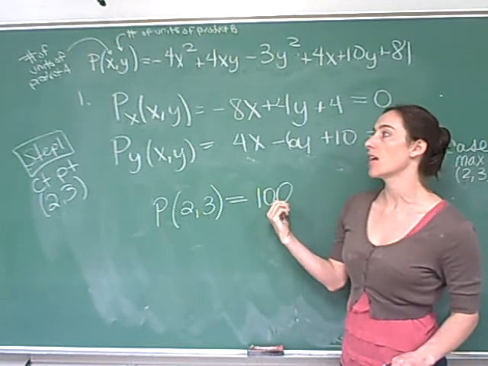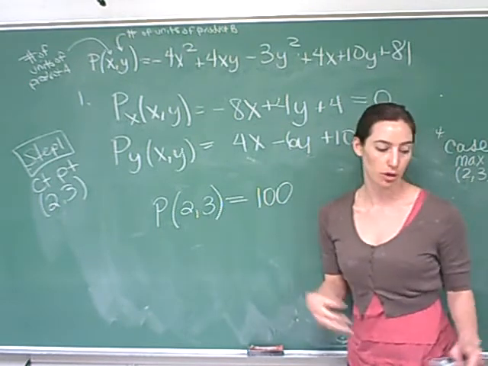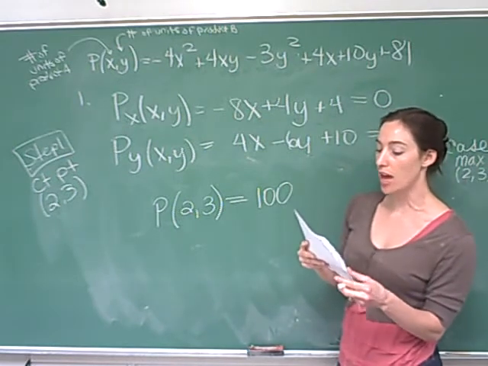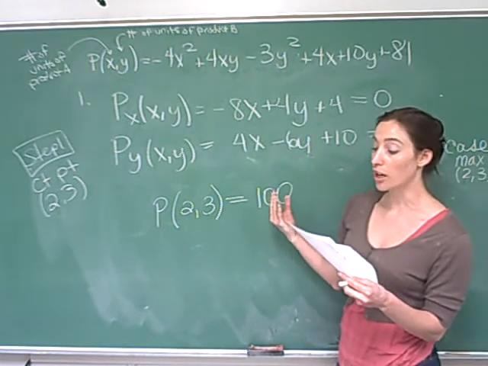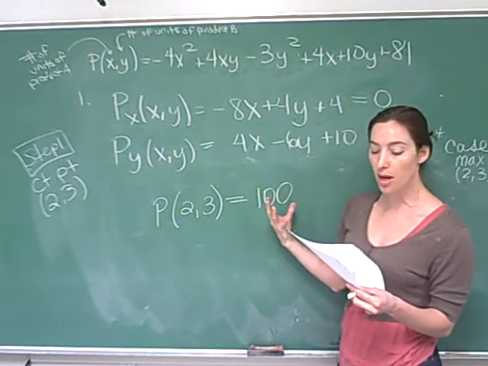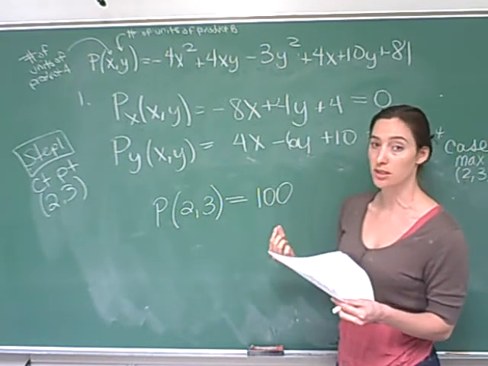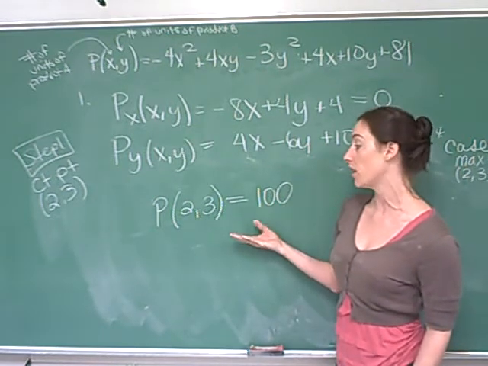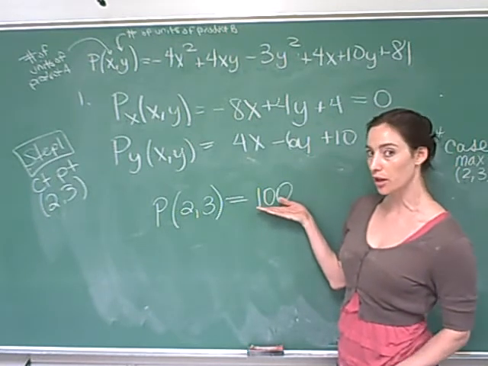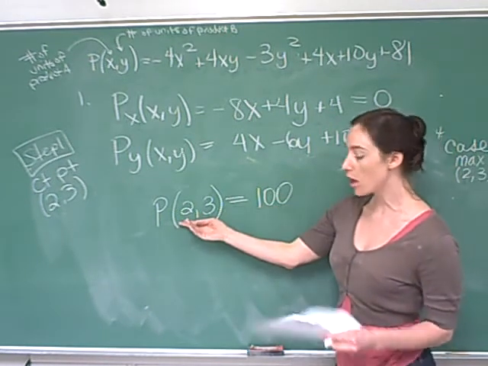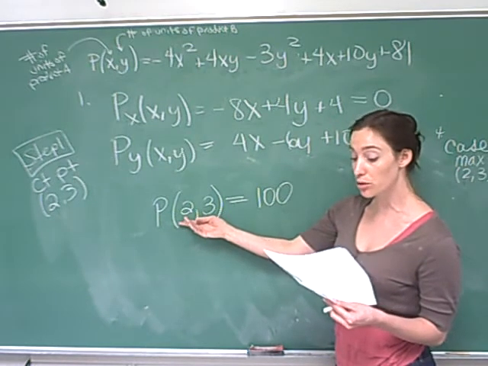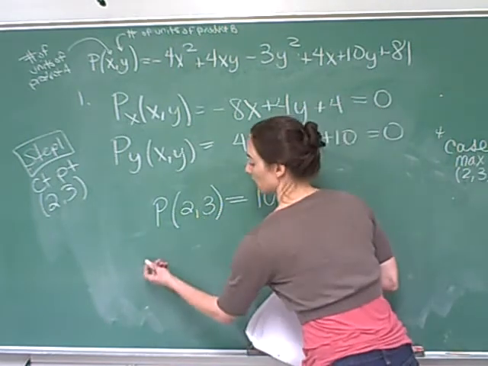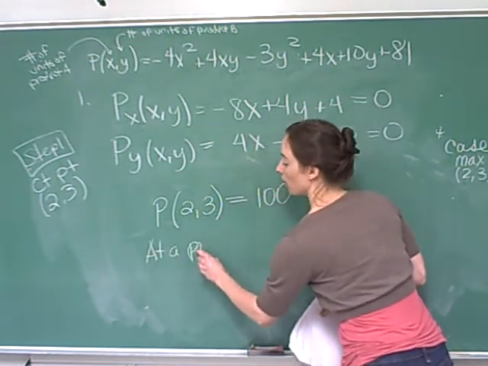But now I need to go back and interpret this answer in the context of the word problem. So when I'm looking at the word problem, I'm told that X and Y represent hundreds per month, and that the profit is in thousands of dollars. So when I go to interpret this, I'd say that we realize a maximum profit of $100,000 if 200 units of product A are produced per month and 300 units of product B are produced each month. So I'd say something like, at a production level